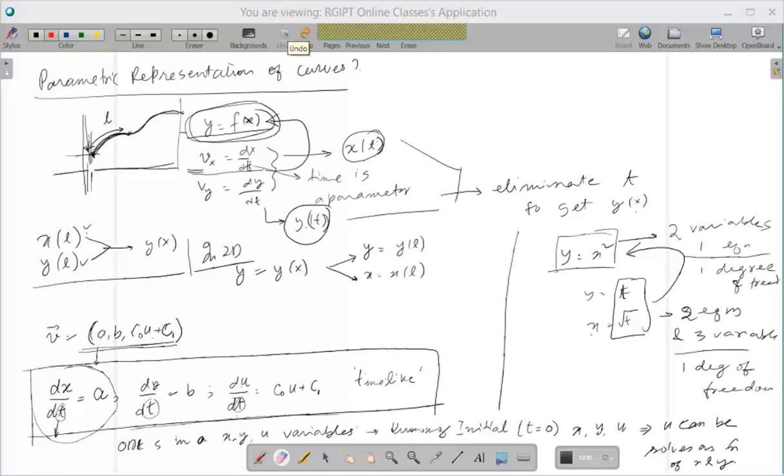Whatever that variable is, it gets eliminated at the end, because eventually, in order to get the curve, I have to eliminate these variables. The parametric variable has to be eliminated,